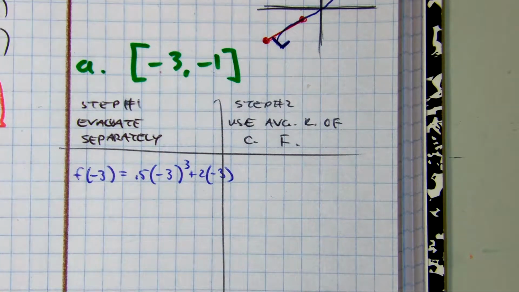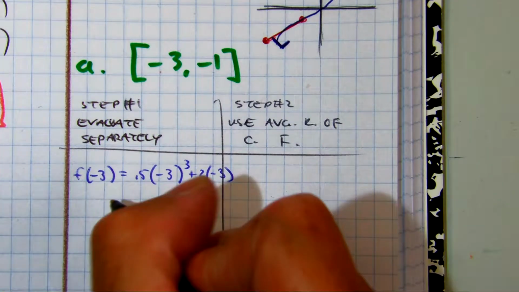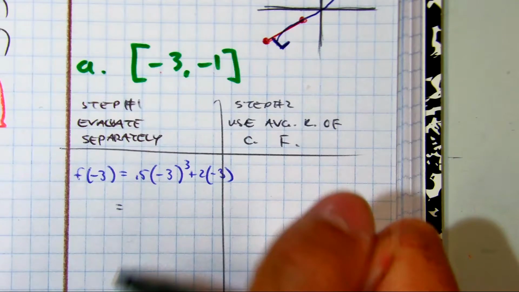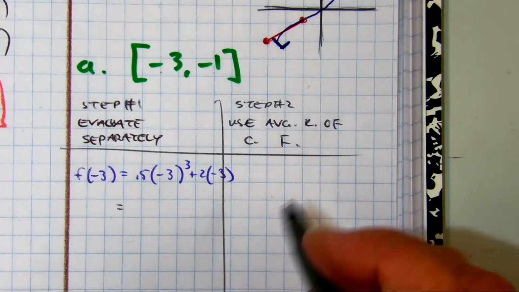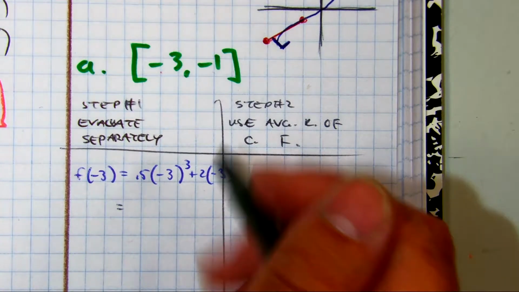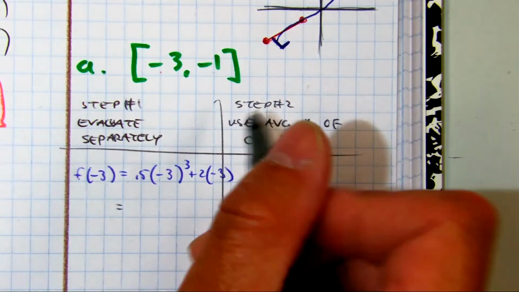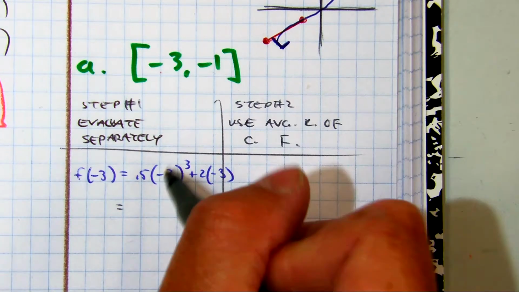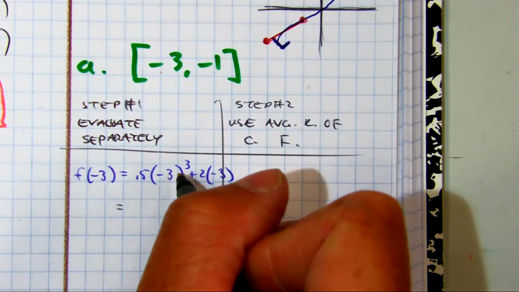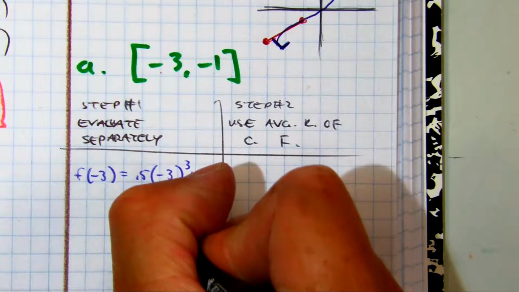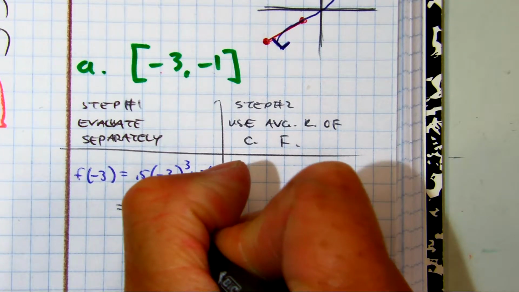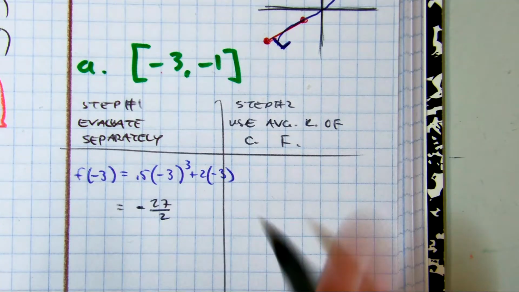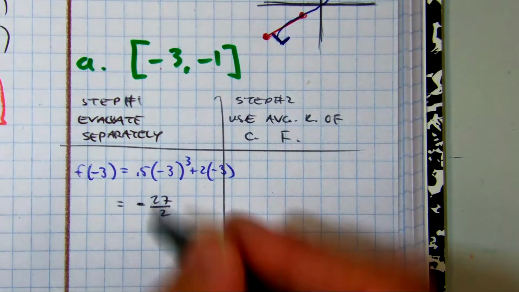This is just one way, but let's go ahead and simplify that. -3 to the third power is -27, right? -3 times -3 times -3, and then half of that: -27 over 2. And then 2 times -3 is